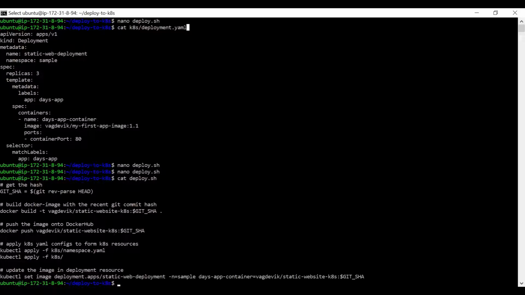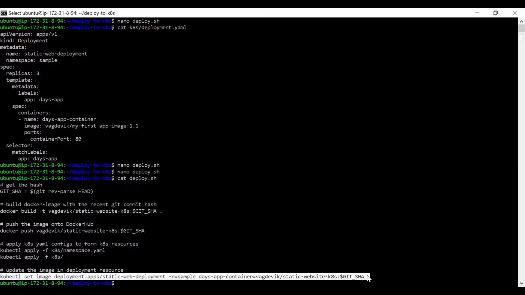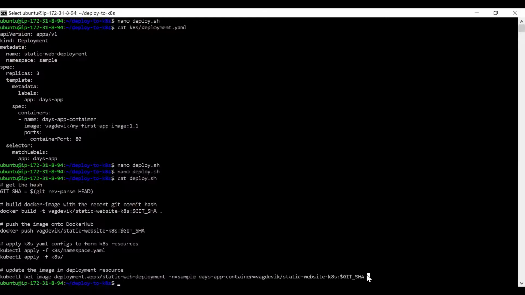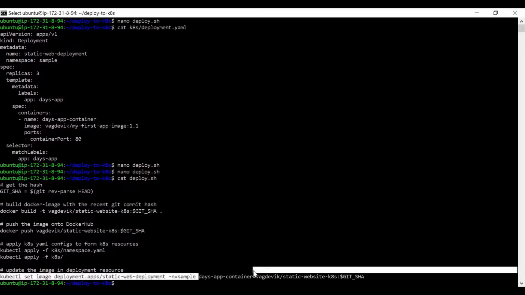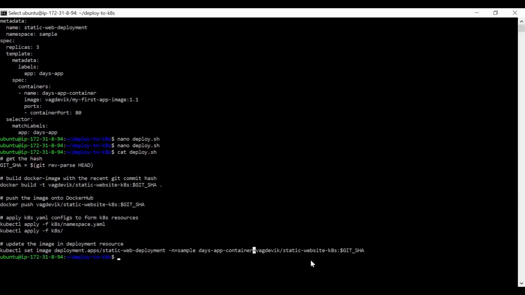So this set image command is kind of an automatic way of updating the image that this container will be running. So instead of doing nano deployment.yaml and then manually editing all these lines, we can just automatically set this image to this updated image whose container is this. So I hope you got the idea, right?